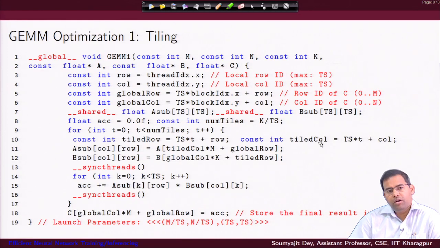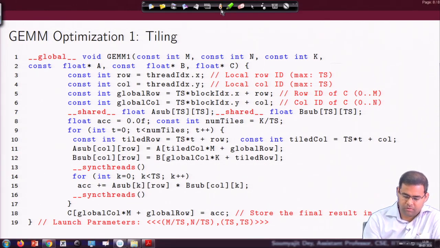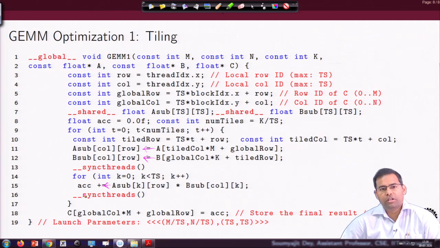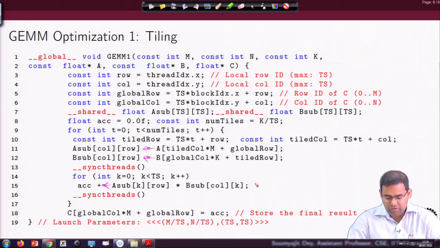Let us understand why this is important. Well, that would mean that the way the data is getting accessed is a bit different, right. So, when I am accessing the data, what is the access from? The access of this data is from shared memory, right. This is a global load to shared memory, this is a global load to shared memory. This is a load from the shared memory to the internal registers for doing the fused multiply and add, right. This is a call to a fused multiply and add unit which is there in the GPU, right.